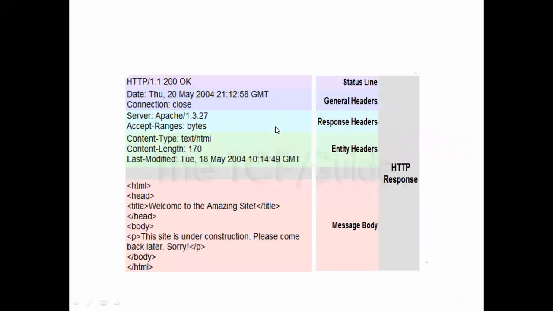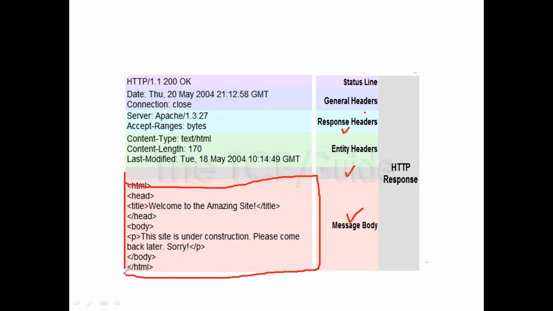So the next one is HTTP response. In the HTTP response, the first line will be the status line. The second line will again be the header, the third line will be blank, and the fourth line will be a message body. Here we have the body of the message because the client is requesting the index.html file. That's why the HTTP response has a body section. This is the index.html file, and that file is sent to the client.